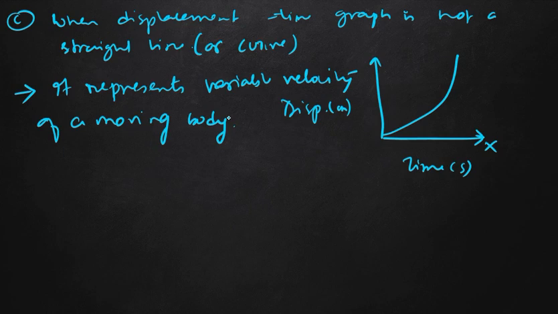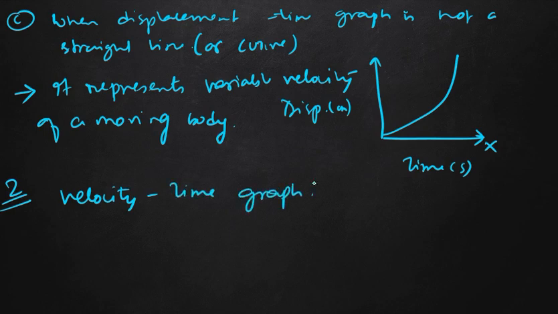Now we will change from displacement, and we will put the velocity-time graph. In the case of the velocity-time graph, we will generally have three types of graph, and in each type we will have different sections of graphs. So the first one is our displacement-time graph, the second is our velocity-time graph, and the third one will be our acceleration-time graph. The second part is our velocity-time graph.